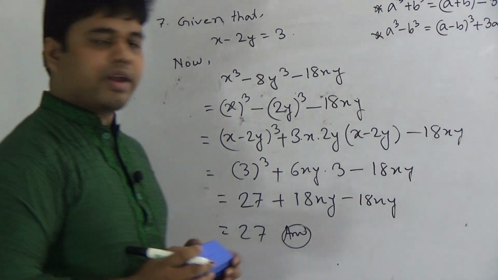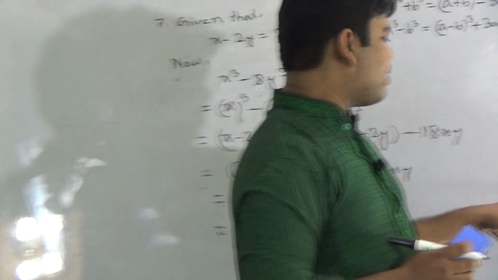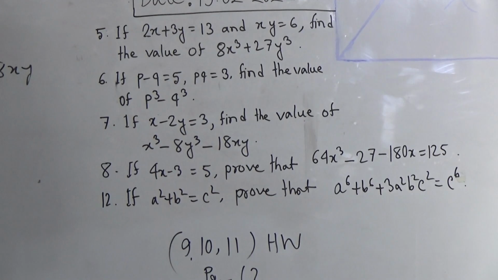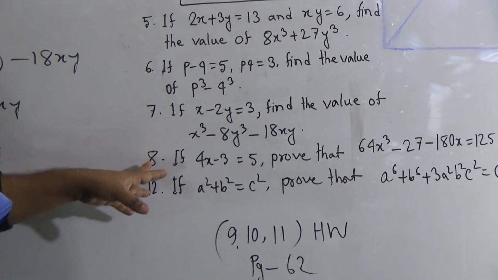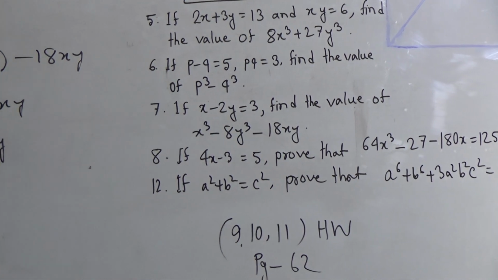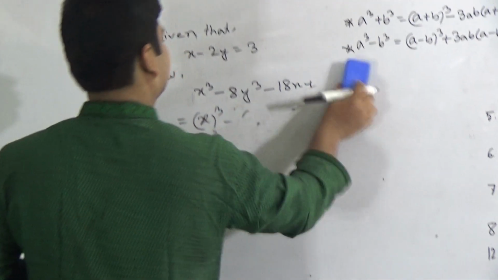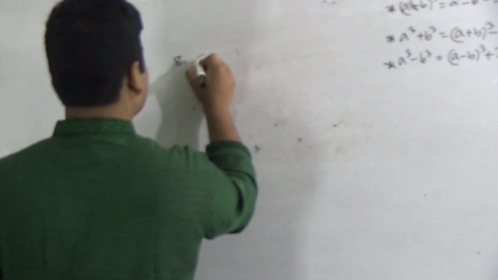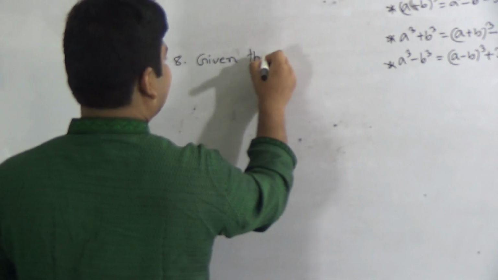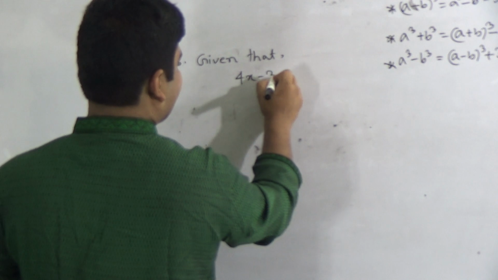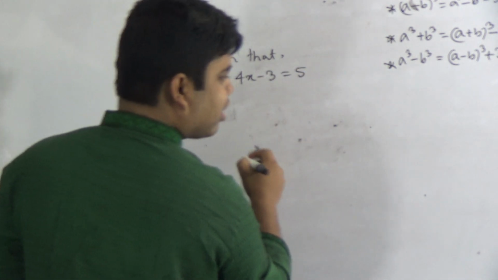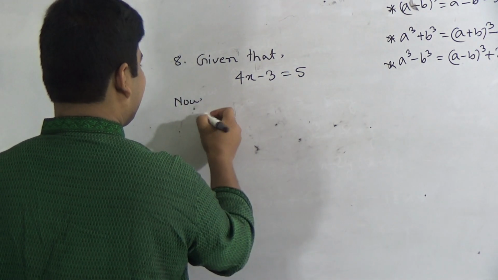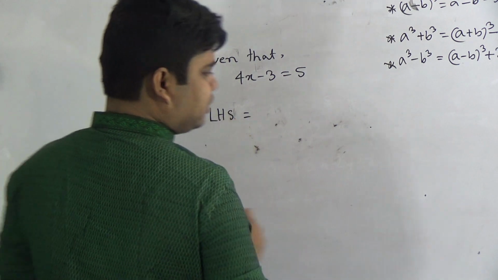Next we shall solve question number 8, similar to question number 7. It has a left hand side and a right hand side, but the method is the same, as in questions 7, 8, 9 and 12. Okay, question number 8. Given that 4x minus 3 equal to 5. Now we can write the left hand side, or we can prove from here, but here I write the left hand side. Left hand side is